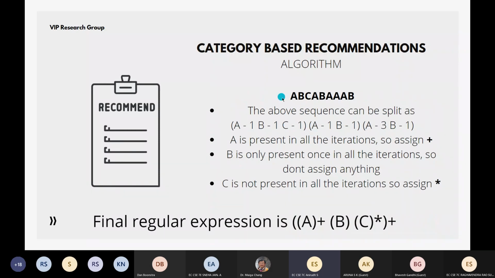How this algorithm works is very simple. It tries to split the sequence into 3 different parts: ABC, AB, AAAB. A is repeated 1 time, B 1 time, C 1 time; A once, B once; A 3 times, B 1 time. Now it sees A is repeated 3 times here, so it assigns a plus, because it can be 1 or more times. B is just repeated once throughout,